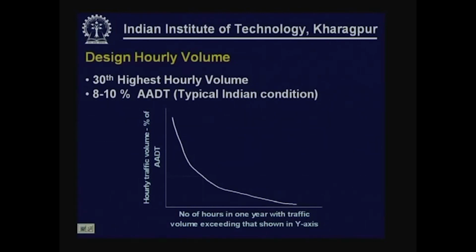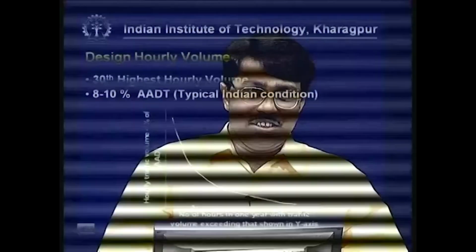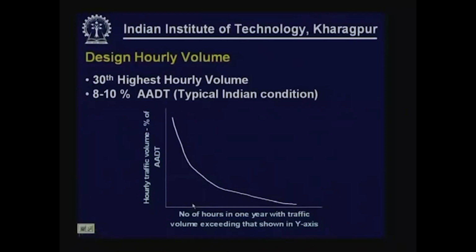So, we get from the graph the number of hours in a year we can expect the traffic volume to be more than whatever we have assumed. So, if we assume a higher percentage, obviously there will be fewer hours in a year that the hourly traffic volume will